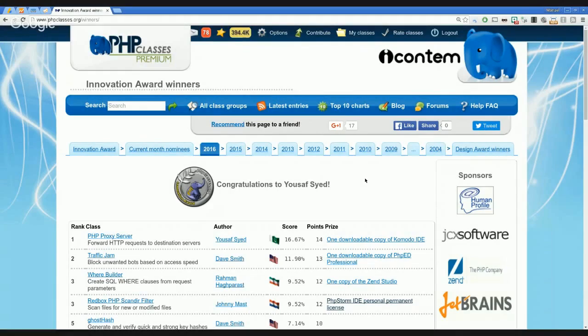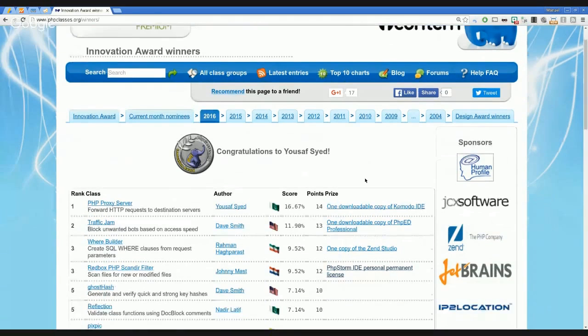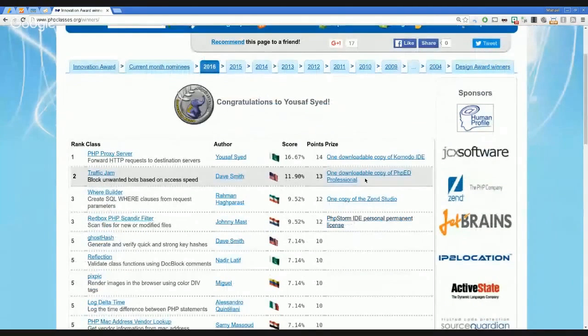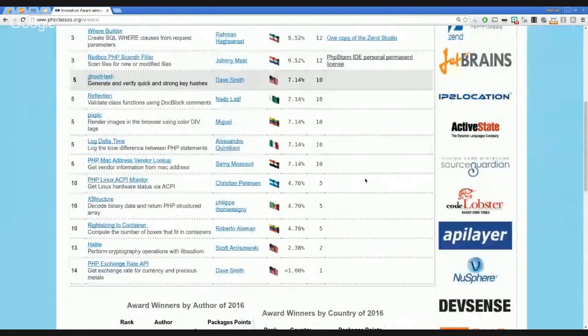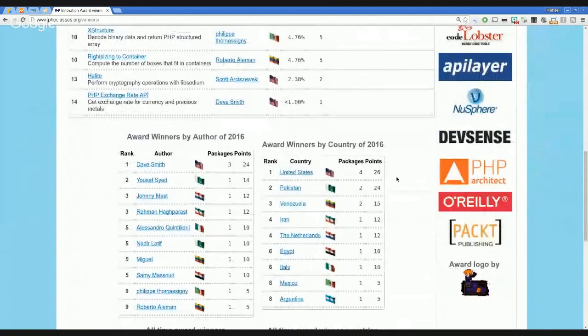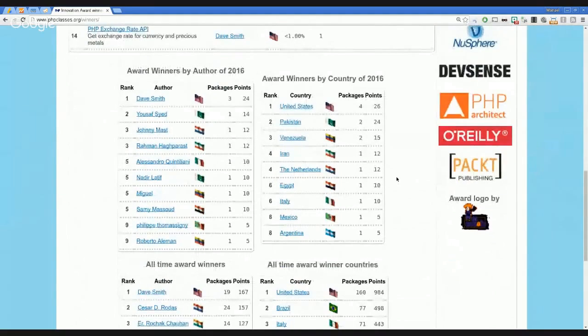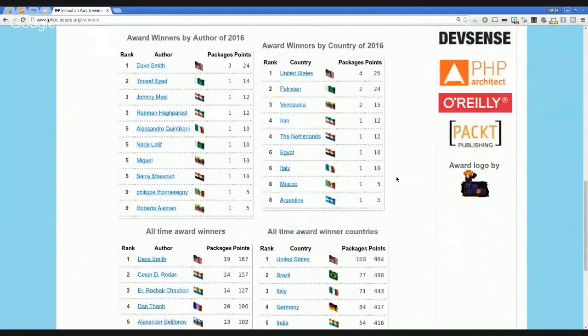Regarding the Innovation Award rankings so far, already in 2016, we have already accounted for the last 2 months. So here we can see the ranking so far. In first place is Dave Smith again, with great participation, with 3 packages and 24 points. He's in first place, followed by Yusad Sied with 1 package and 14 points, Johnny Mast with 1 package and 12 points,